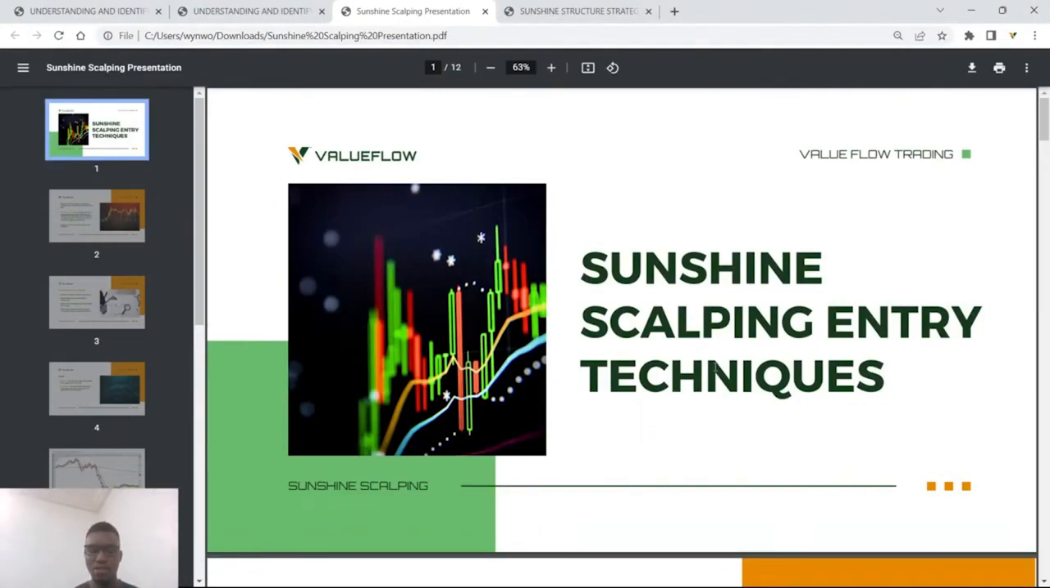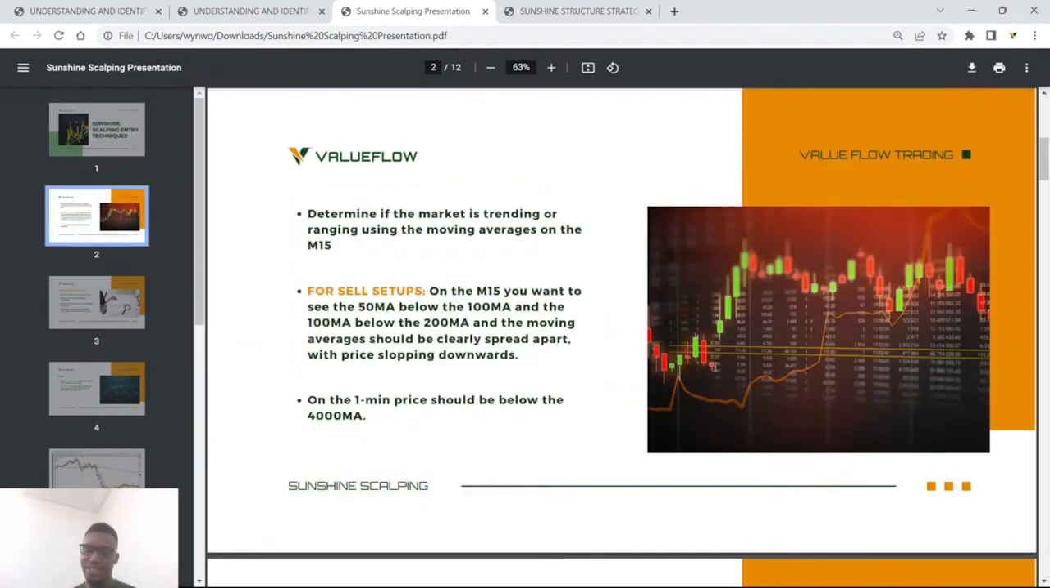All right. So the sunshine scalping entry techniques. We will use two time frames. The first time frame is the 15 minutes time frame. The second time frame is the 1 minute time frame, and the 1 minute time frame is the time frame we enter on. If you notice, the first point there says,